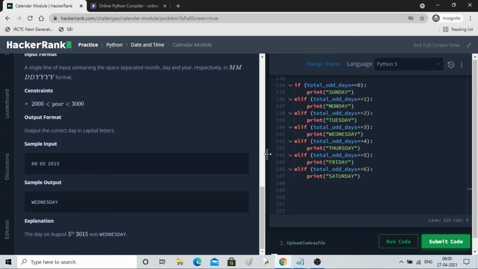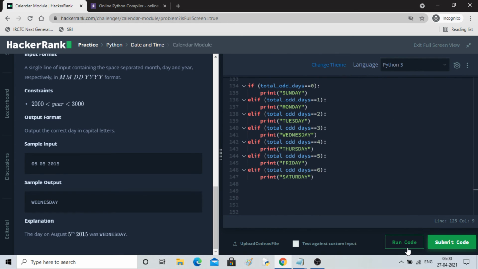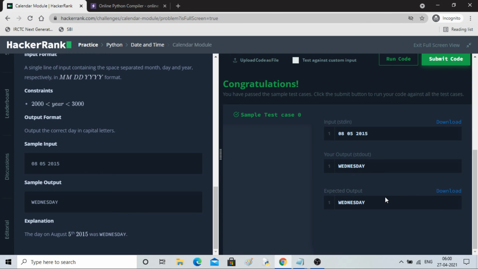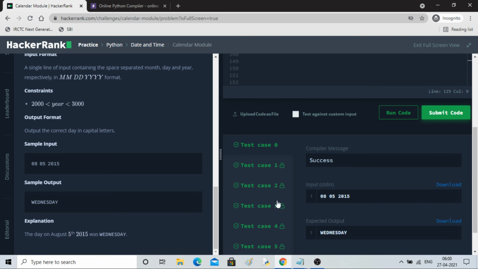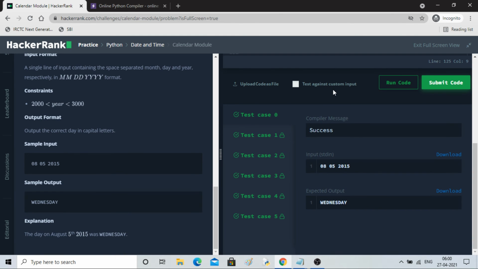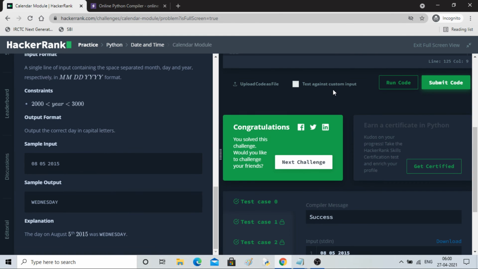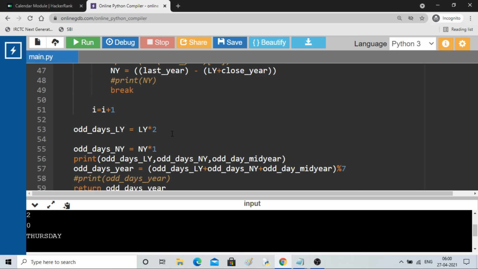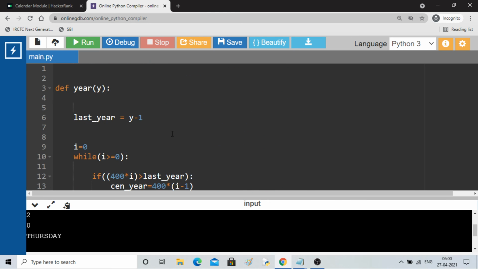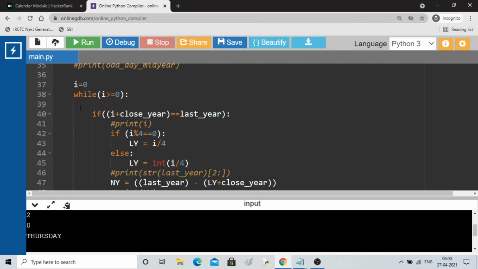Okay, so let me run this one so that you will see whether it is submitting or not. So congratulations, we have submitted the code. This is working. Let me submit it. All the test cases are passed, and you can see it is working, right? So this was it. If you want, you can look at this on your own. It will take some time, I know, but this is one of the best codes for me,